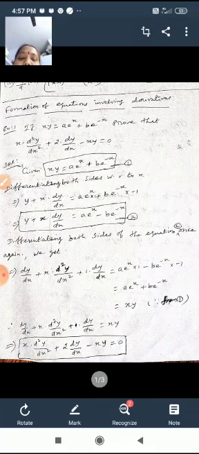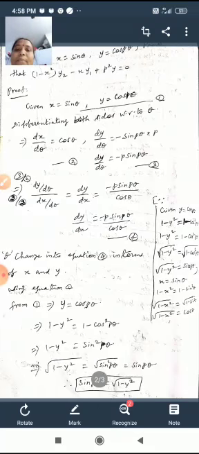Therefore, we get a e^x + b e^(-x), which is the format given in equation 1. The right hand side of equation 1 is equal to the left hand side, xy. Therefore, dy/dx + x d²y/dx² + 1 dot dy/dx = xy. Then we rearrange this. This implies x d²y/dx² + 2 dy/dx - xy = 0.